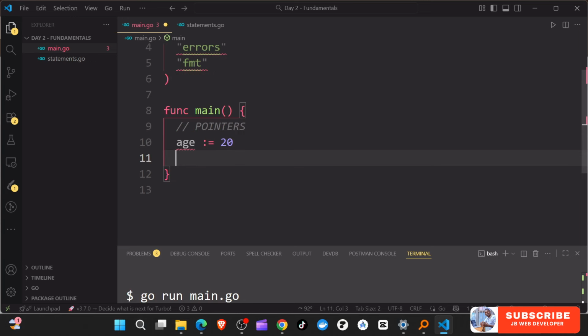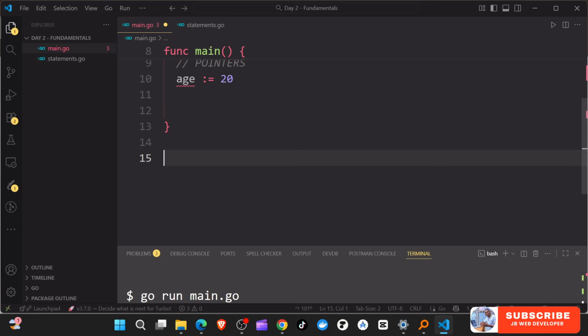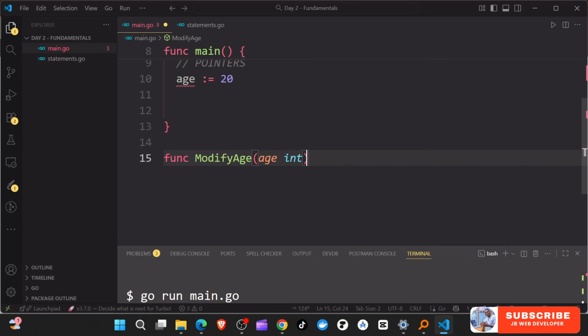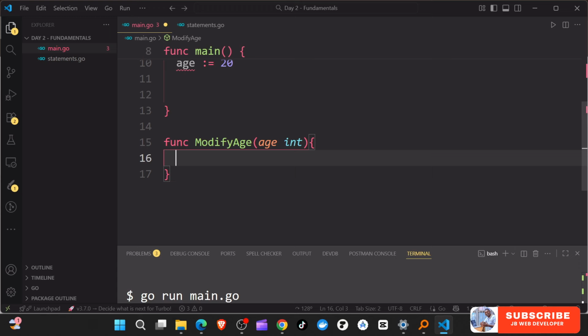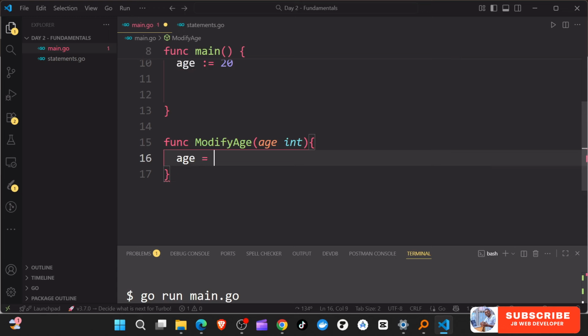Let's say we create a function that is going to help us modify 20, because we know if we do something like age equaling 40, at this point age has changed. We all know that. But surprisingly, if we write a function outside, call it modify age, which takes in age, an int, and then we say age gets a new value, which is 100,